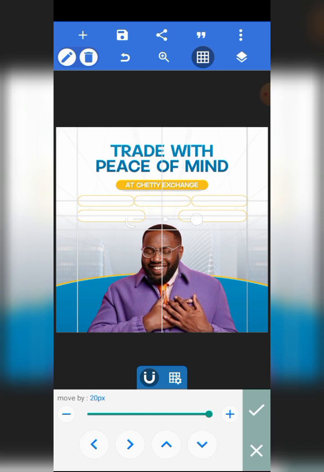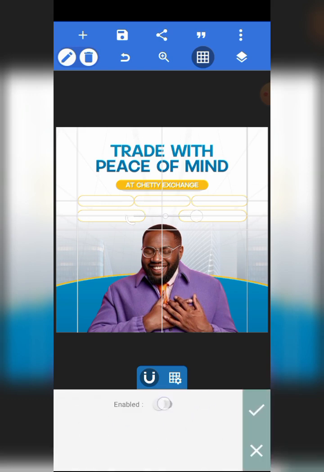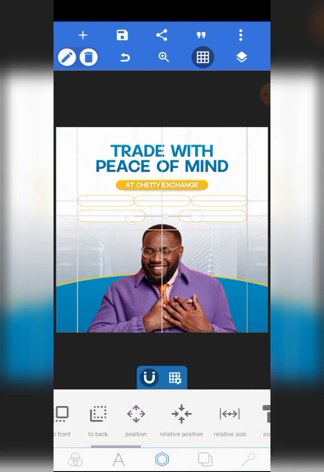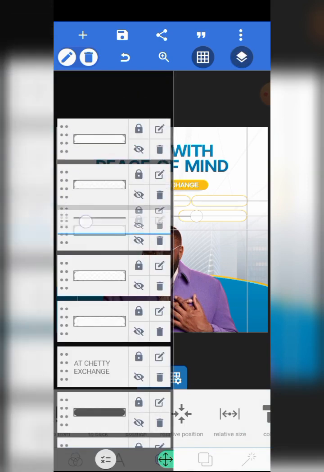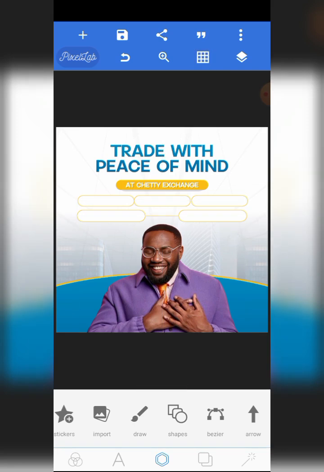Okay, bring it down. I want it to be right here in the middle. I'm going to change the color to orange, this particular color, so it blends with the color of the borders. Then I'm going to take it just right behind these ones here. The next thing I'm going to do now is to put in the details, but before then I'll have